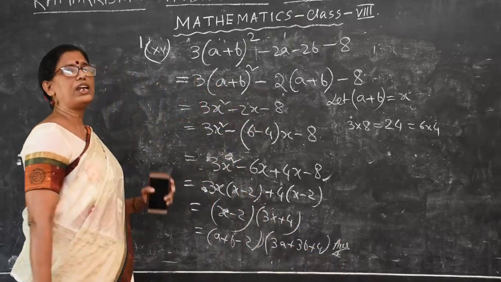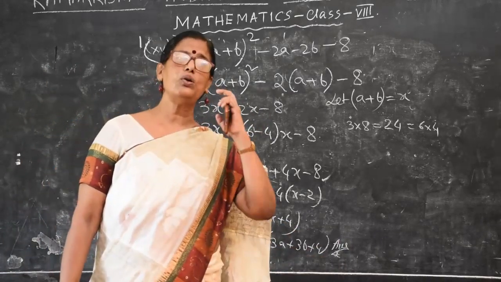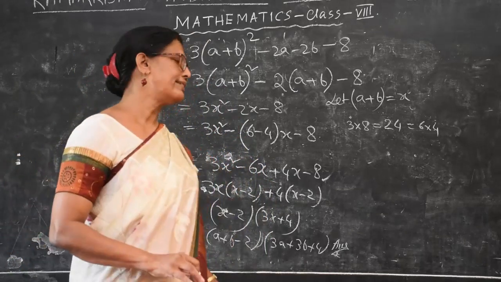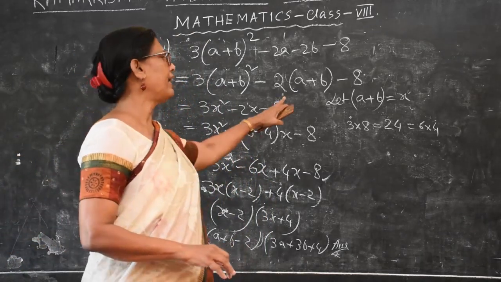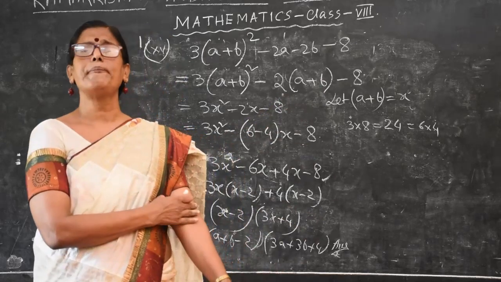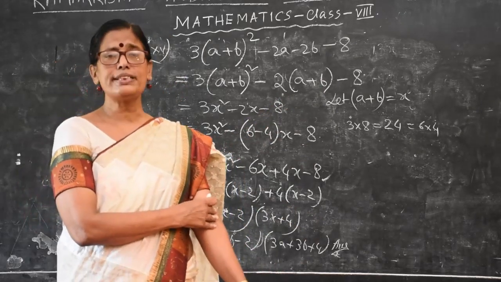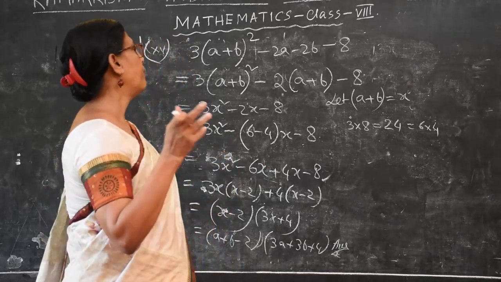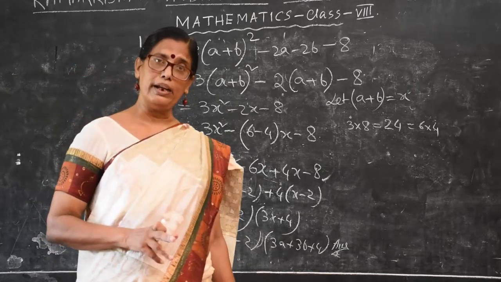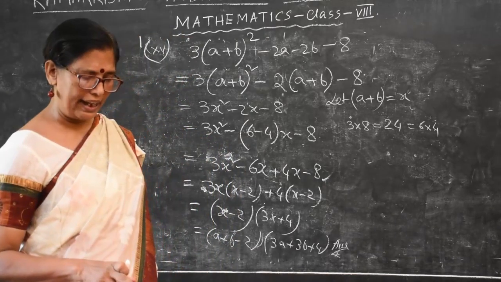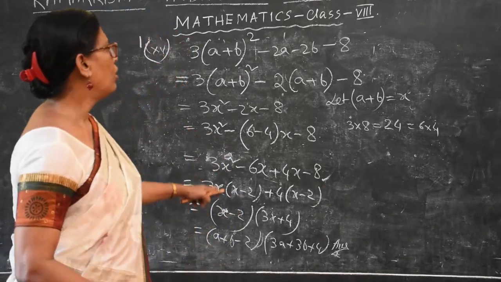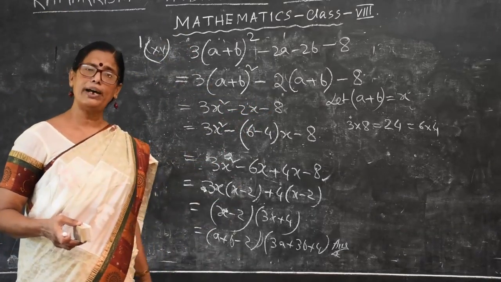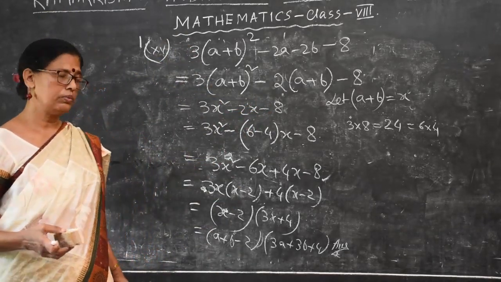So if anywhere we put any value, then we must change back to our original terms. X, I can take the letter X, you may take P or M. So this is not the answer. The answer must be in terms of whatever is given by your a and b. If you do not put a plus b as x throughout the sum, you can do it with a plus b, no problem at all.